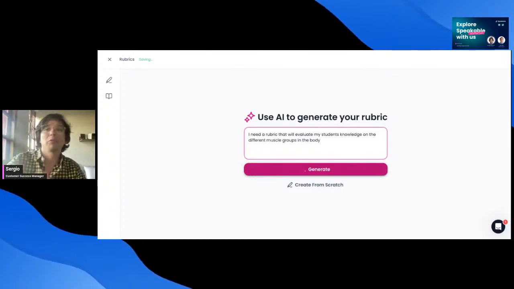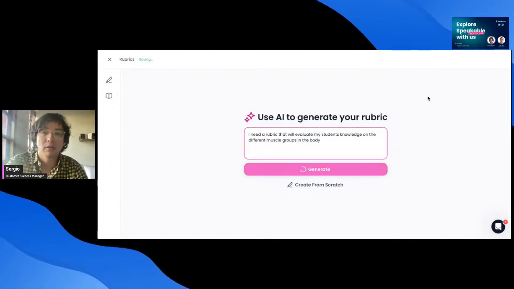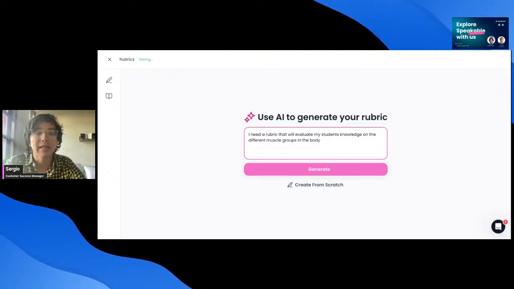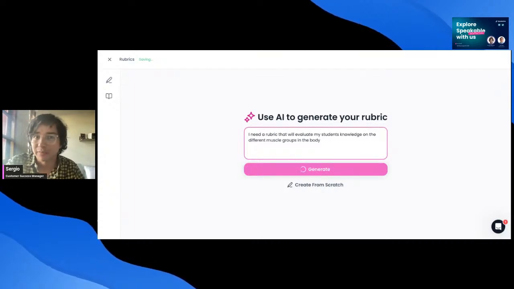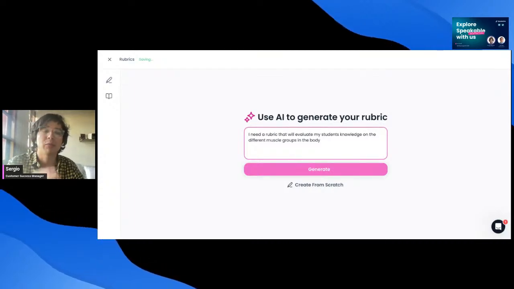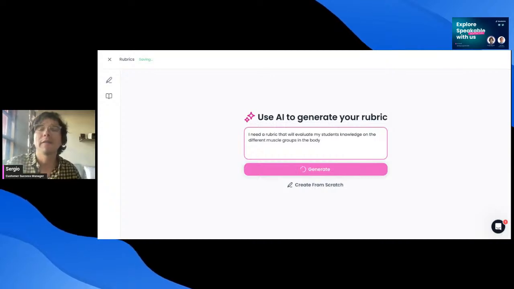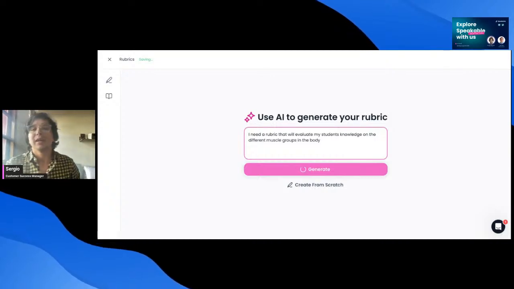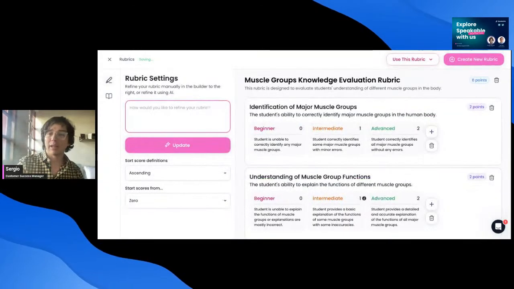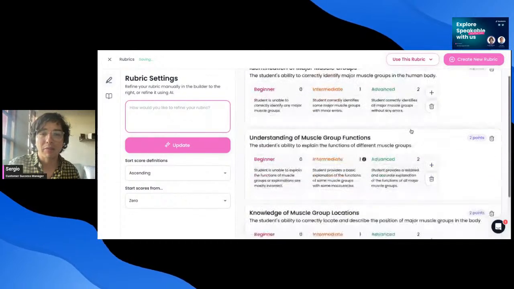I don't know why I was thinking of this, but you can have this be the core thing. So if you're teaching science, this is going to be your best friend. You can have rubrics that will focus specifically on the fields that you tell it to. Now, the AI is going to give me like a skeleton of this. In this case, it gave me three